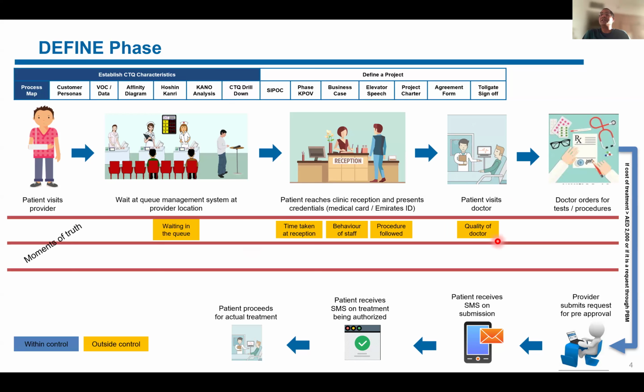So if you can see, there are quite a few moments of truth, or quite a few instances where the patient may have an opportunity to either be pleased or be very displeased in this overall journey. What you see in the yellow boxes highlighted are things over which we as an insurance company don't have direct control, because these are happening at the clinic level. But what we have direct control over, if you can just press the switch once again,